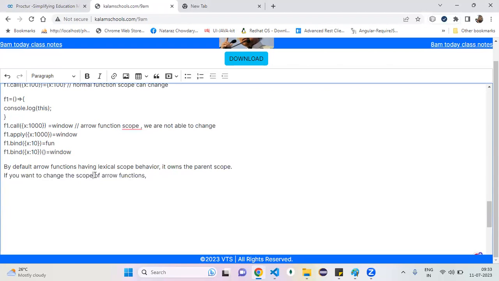Sir, one question. Yeah. So we are saying arrow functions own the parent scope, but even the general normal functions also own the parent scope, isn't it? Yes, it owns by default, but the thing is, normal function scope we can change. Correct, they're written by default like that, but arrow functions we can't. Exactly. So I totally agree that we cannot change the context for the arrow. But